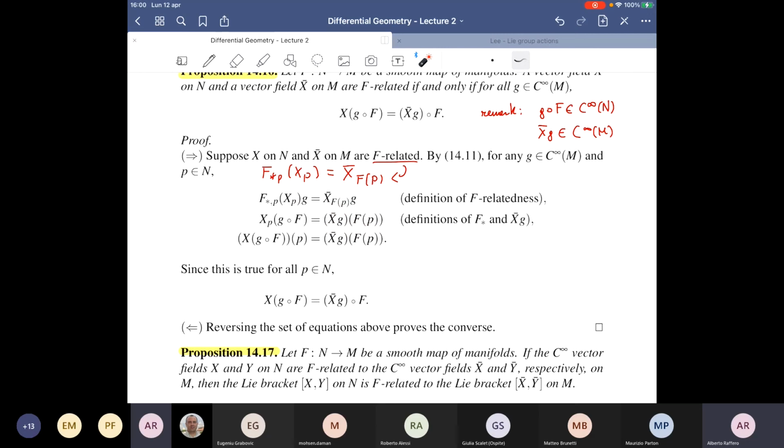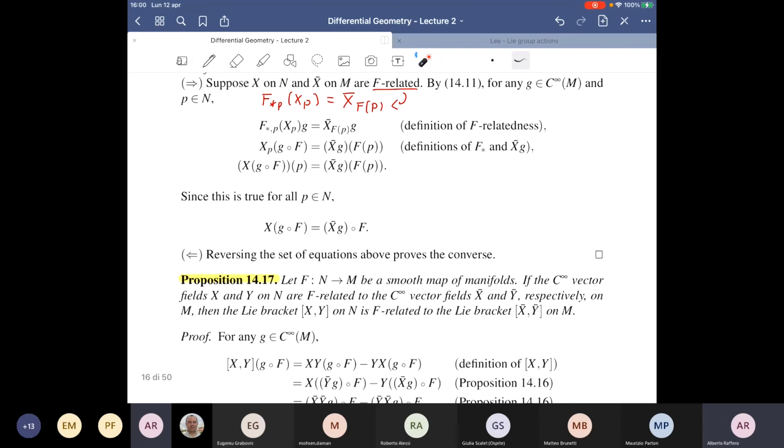And as you can see here, again, for the same reasoning you used to go from here to here, also here you will have X applied to the composition of G and F at the point p. This is valid for every point, and so this tells you that this function here has to be equal to this function here. And so it is precisely what the proposition claims. And the converse is obtained by reversing this argument. So start from here and proceed in the opposite way.